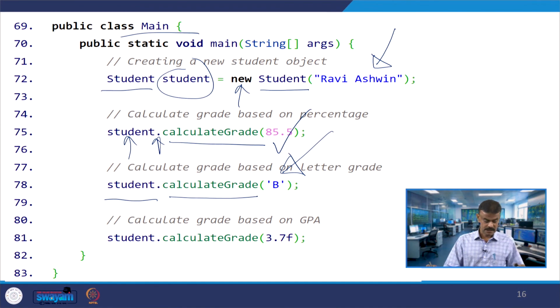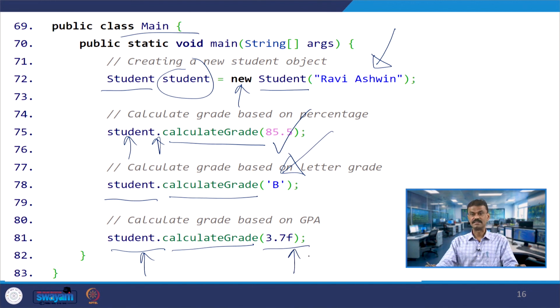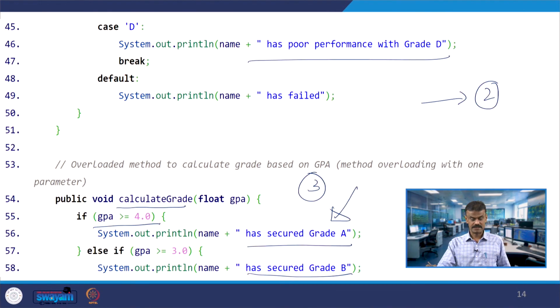In the third case, the student object is invoking calculateGrade, and you are passing 3.7F, a floating point number. So, what is happening? Is 3.7 greater than or equal to 4.0? False.